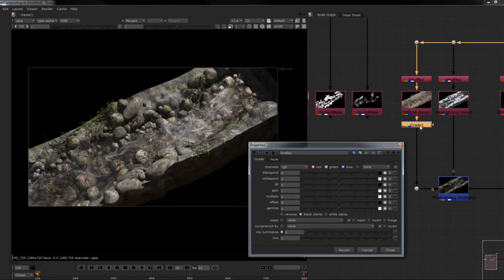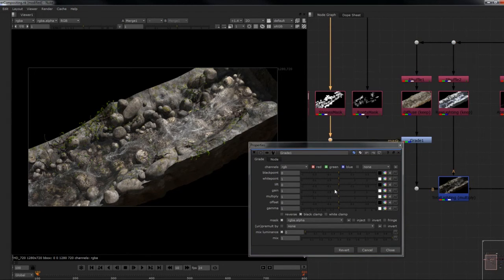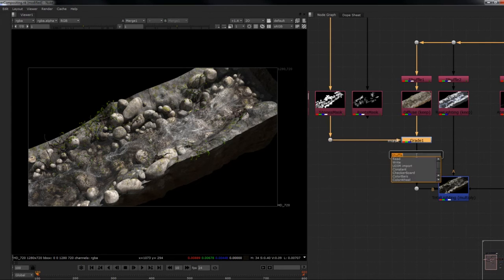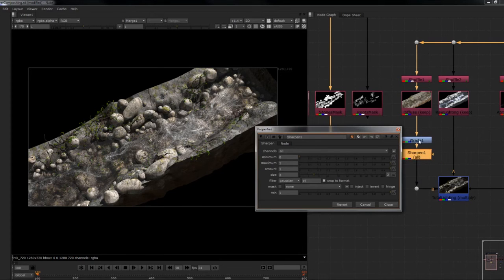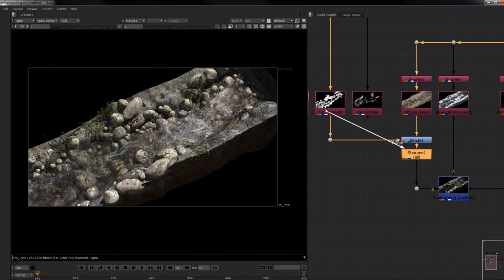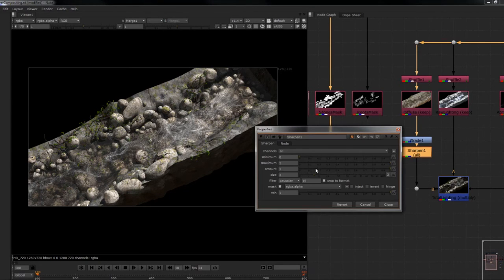But in this case I will not change their color. Instead I'll just create another grade node. Again, link the mask input to the stones, and I will just bump up the gain so that the stones get lighter, and I will also add a sharpen. Again, take the mask, plug it to the stones, and I can sharpen the stones only. Okay, so size of 3 is too much, so I can set it to 2 or 1,